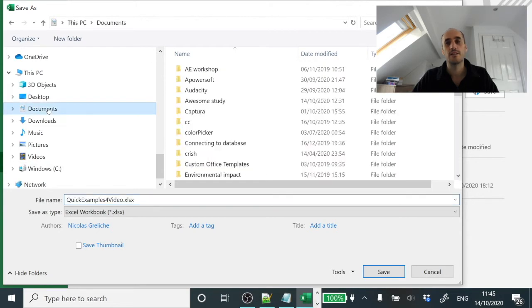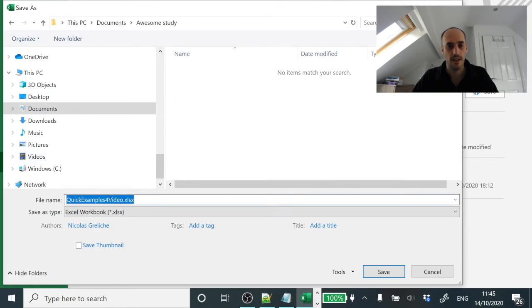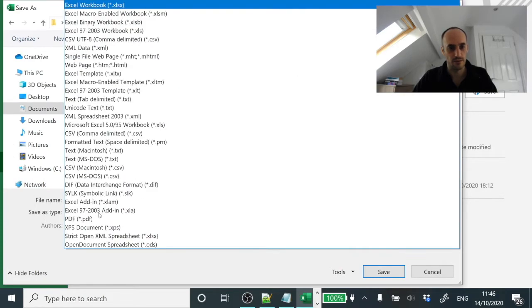It's good practice to create an RStudio project and place your data in your project folder. But here I'll just save my CSV file in some random folder so that you can see how you could import your data if it is in a random folder as well. So I'm going to save my data in this folder called Awesome Study. I will call this CSV file Great Data. Why not?